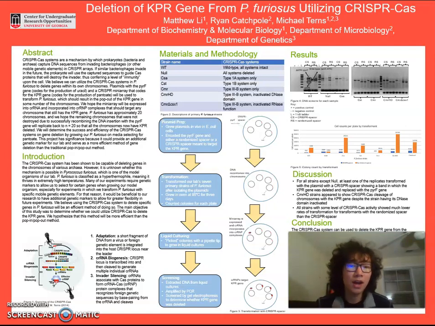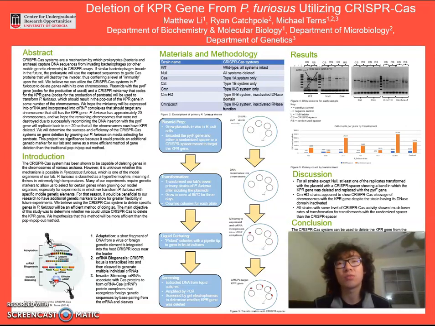So first, what we did was we transformed our various strains of Pyrrhococcus furiosus with plasmids that we grew up in E. coli. And these plasmids contain the PRF gene, which codes for the production of uracil, as well as either a randomized mini array that shouldn't target anything, or a designed CRISPR mini array designed specifically to target the KPR gene. So by transforming our strains of Pyrrhococcus with the plasmid, we allow the DNA to recombine into its chromosome,